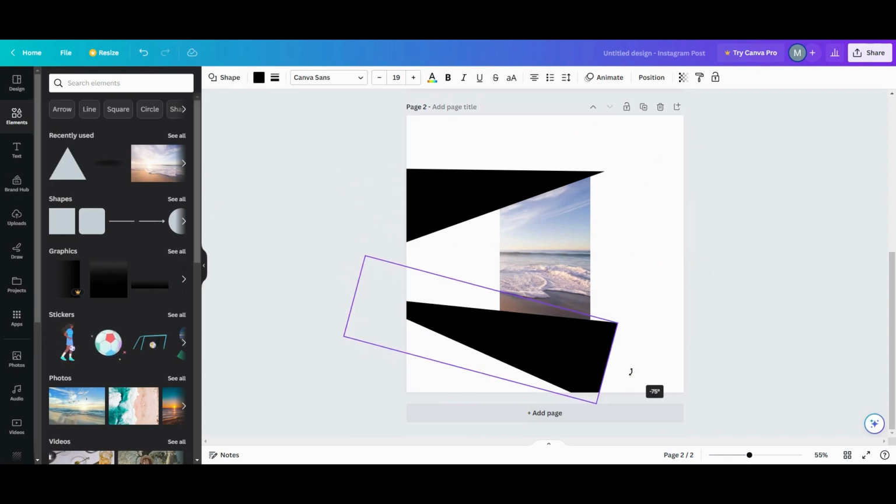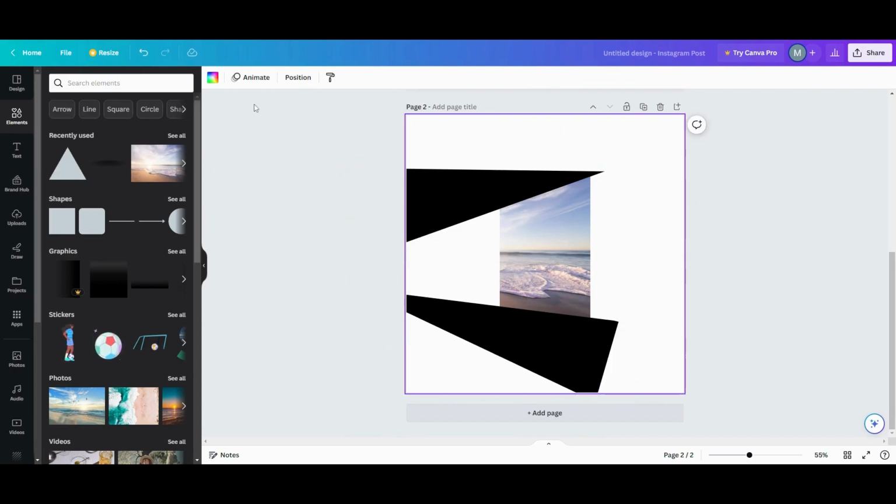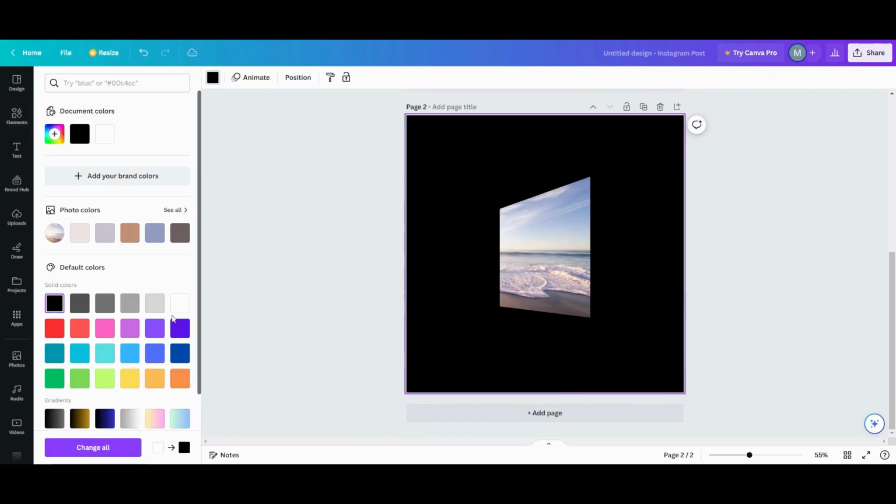And then what you're going to do after you've lined it up the way that you want it, the style that you want, how deep you want it, that perspective look, is color this background black, and then remove the background. Okay, so now